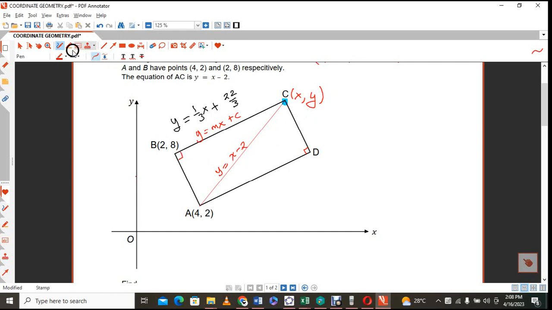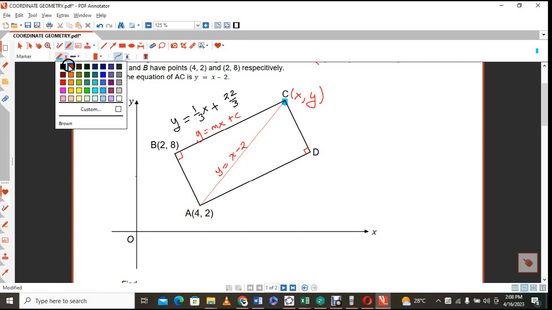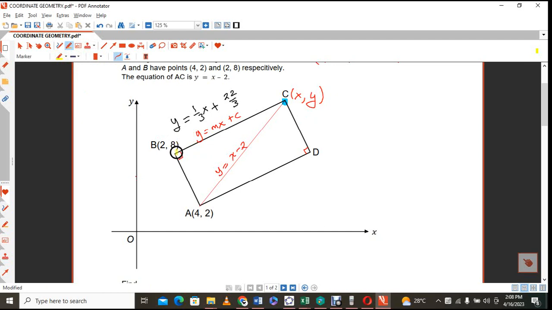You see this line BC, represented by that equation, and this line AC, represented by that equation. If we equate those lines, we are going to get the x value. So we're going to equate